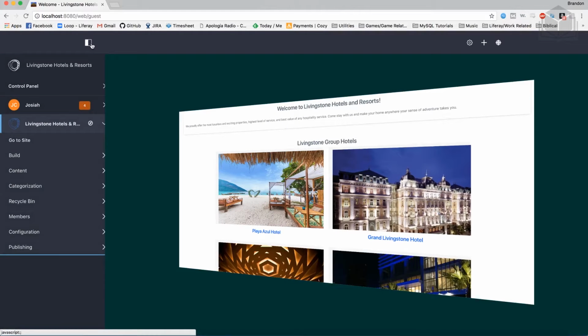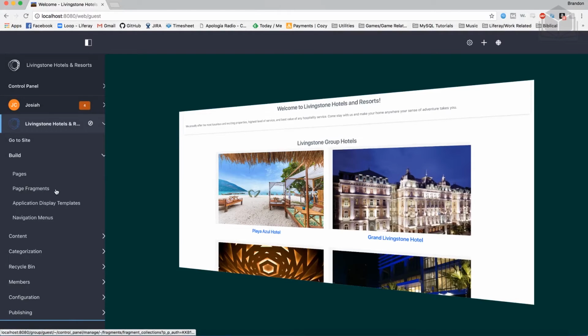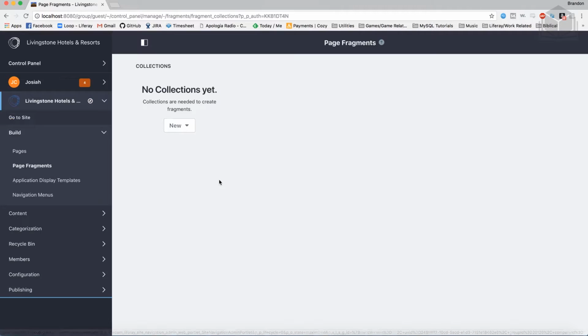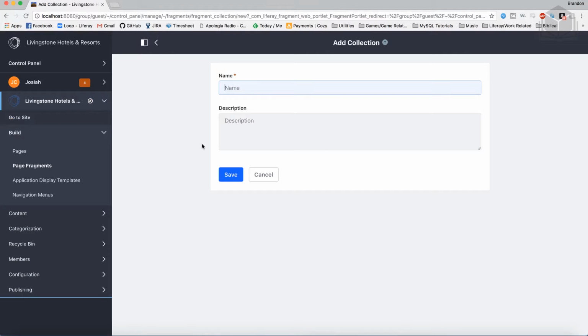Okay. Inside administration, go to Build and Page Fragments. Go ahead and click on New and Collection. We need to make a new collection for our new fragments. We're going to call this Front Page, let's do all caps, Featured Content,